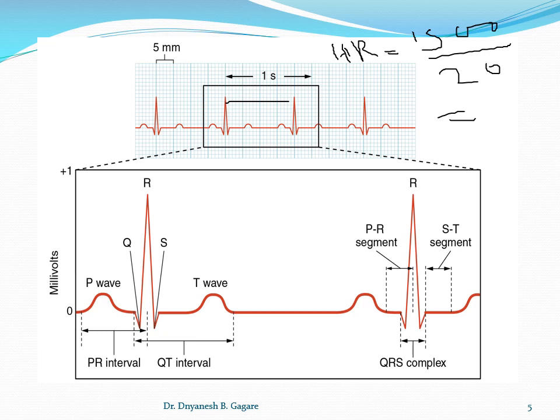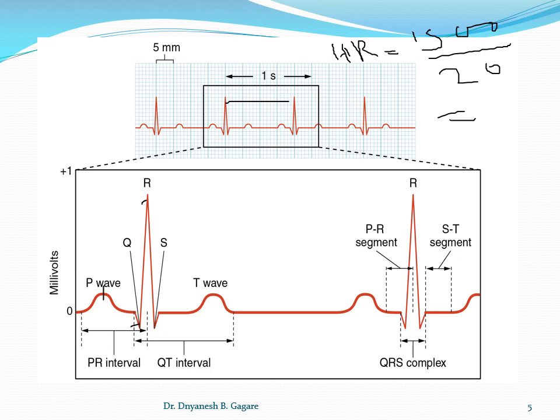Now see the diagram of the ECG. So how will you draw it? Here it's a P wave. Okay, then the QRS complex: Q wave, R wave, S wave, and T wave. Okay, then see the intervals. Interval means the beginning of the first wave to the beginning of the next wave. It's an interval. Okay, and what is the segment? The end of the first wave to the beginning of the next wave. This is called the segment.